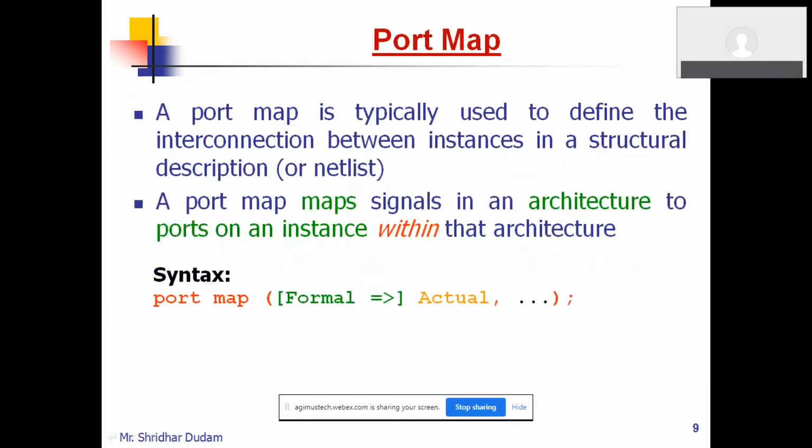So here is the port mapping. As I said, port mapping can also be done with a named association. Here we have used a named association, formal with actual.